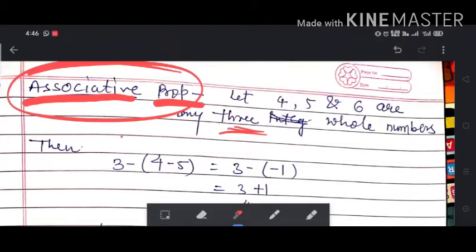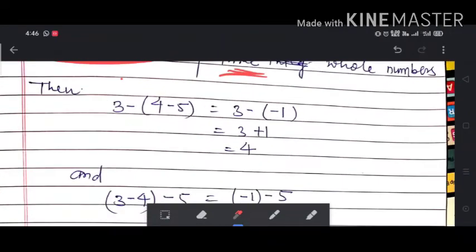So here we have considered 4, 5 and 6. But student, you can take 3, 4 and 5 because by mistake the solution is done over 3, 4 and 5. So let 3, 4 and 5 be any three whole numbers, then the arrangement of associativity is